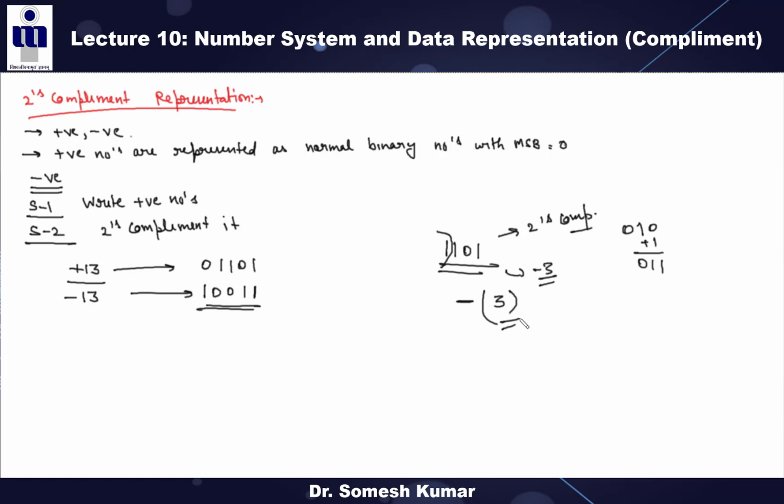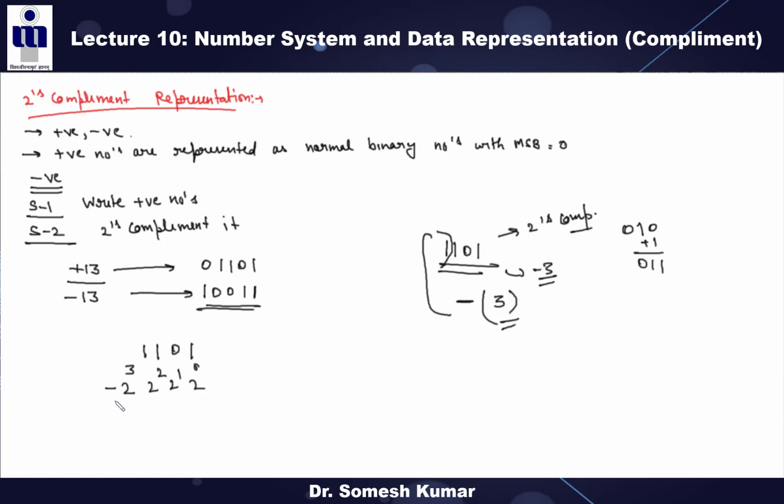Right? Clear? So I am going to tell you a shortcut also. You can also adopt these shortcuts in some competitive exams. For example, this question is given. How do you find the equivalent decimal number of this, if you don't know this exact method? The shortcut is to multiply the first LSB with 2 to power 0, then 2 to power 1, 2 to power 2, and for the final last one, minus 2 to power 3.